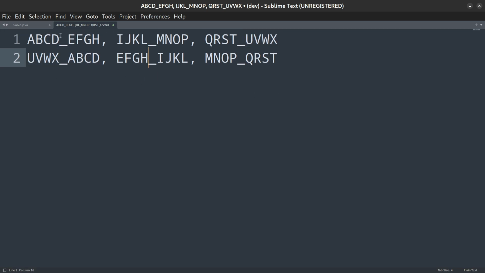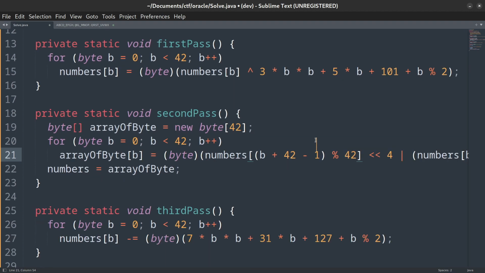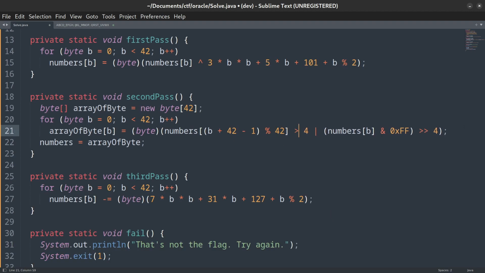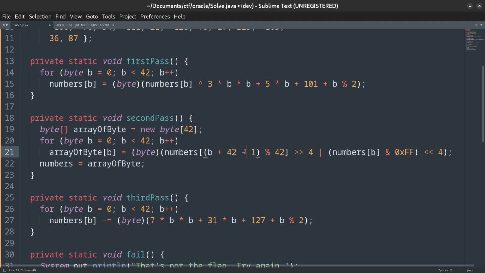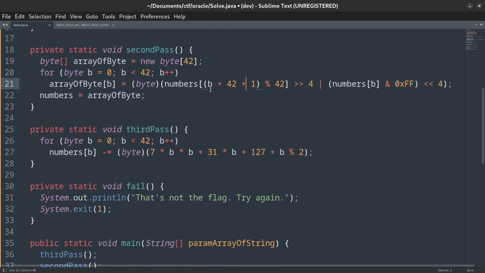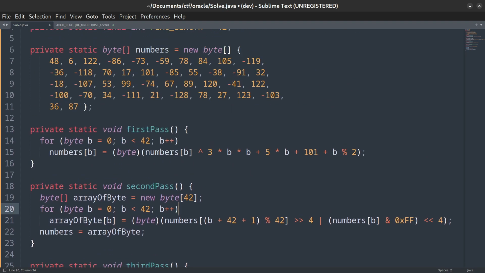The easiest way to make this change is by simply reversing the direction of both bitwise shifts. Then we need to replace this reference to the previous entry in the byte array with the next entry in the byte array instead. That should undo the cyclical shifting. Finally, if we take a look at the first pass, we can see that this one is a bit simpler and just XORs each byte in the array by some generated value.